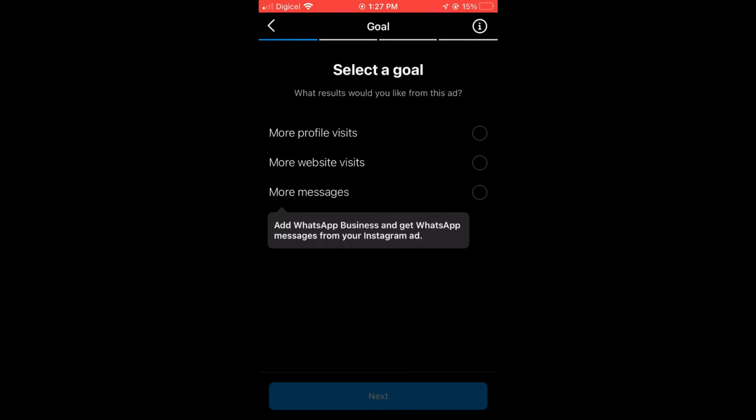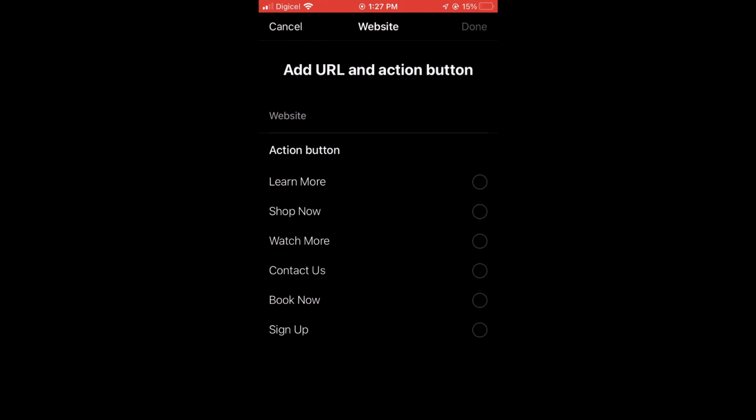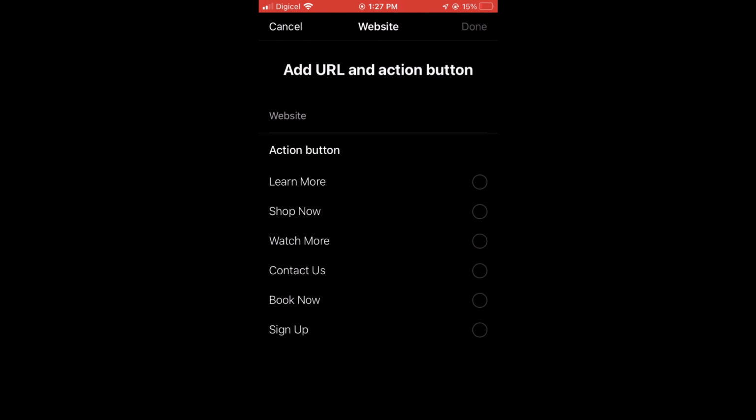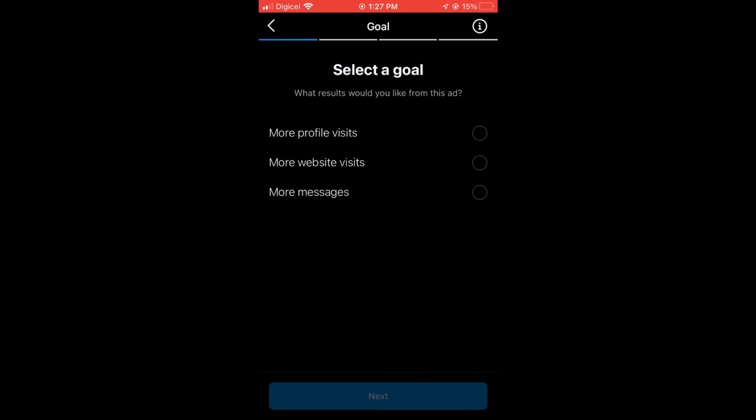Then you'll be led to this page on which you can choose your goal, whether it is you want more profile visits, more website visits, or more messages. So let's say you want more website visits. Then you can see right here, you'll simply add your website URL. Then you could add the shop now button. Let's say you want to sell some items, so you could tap on shop now. And if it is a case that you want to tap on learn more, you can select any one of these action buttons. And if it was that you wanted more profile visits, you'll simply tap on more profile visits,